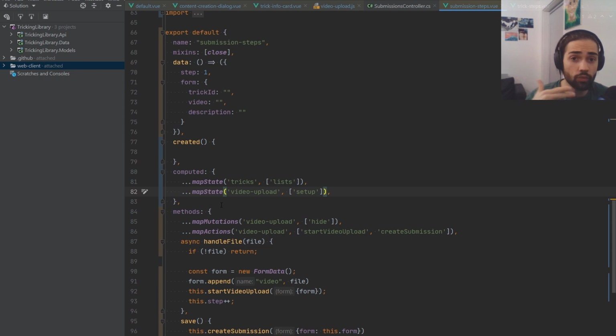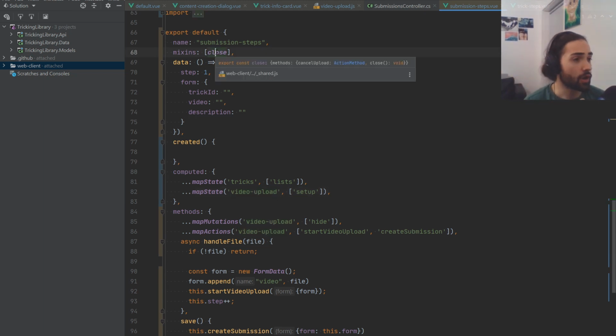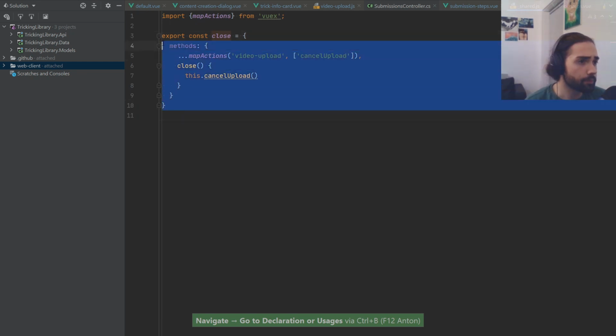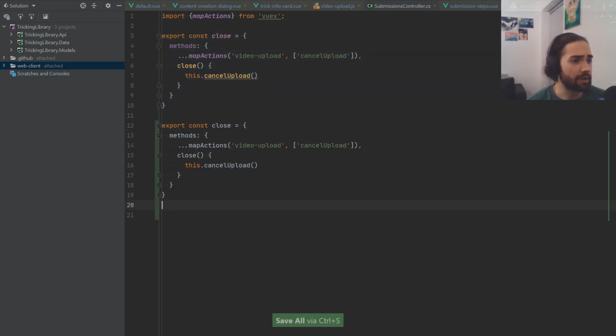In order to not repeat this, because I said from the beginning that I want this to be generic enough to work for all forms, because the video upload is that centralized content creation store. I want this to be generic enough to work for each individual form and potentially future forms, right? So I'm going to go ahead and create a mixin, okay? So in the close, what we're going to do is copy this and